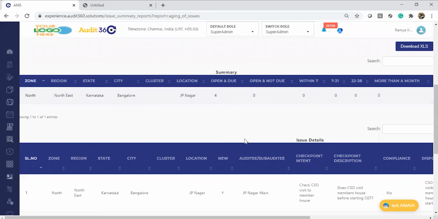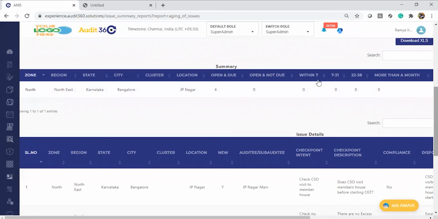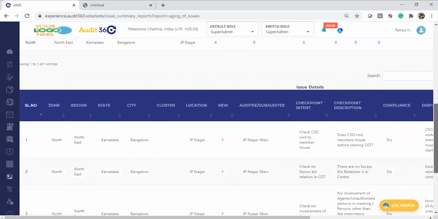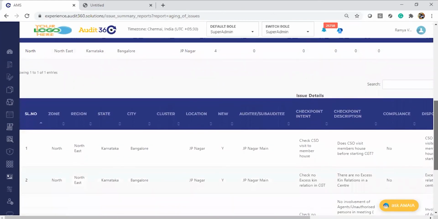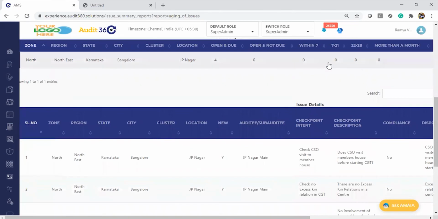So within this, for whatever is overdue, we can even know how many are there within the range of 7 days, and post it has been crossed, how many are there within 7 to 21 days. So that range we have given. This is a standard report, where on a normal format of weekly to weekly we can mention here.